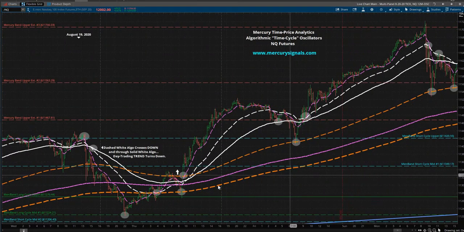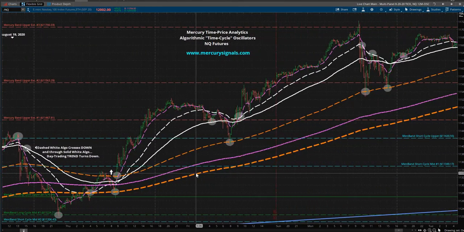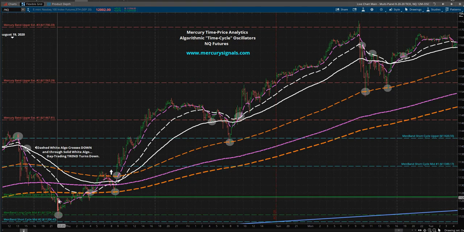So let's talk about where that confirmation made evidence of itself. So remember, crossovers are important. So you get a bottom here in the fast algo, and it comes up, and what does it do? It comes back up right to this spot where the white and the orange are, and then it goes sideways just a couple of bars, and then it takes off again. And it cuts through